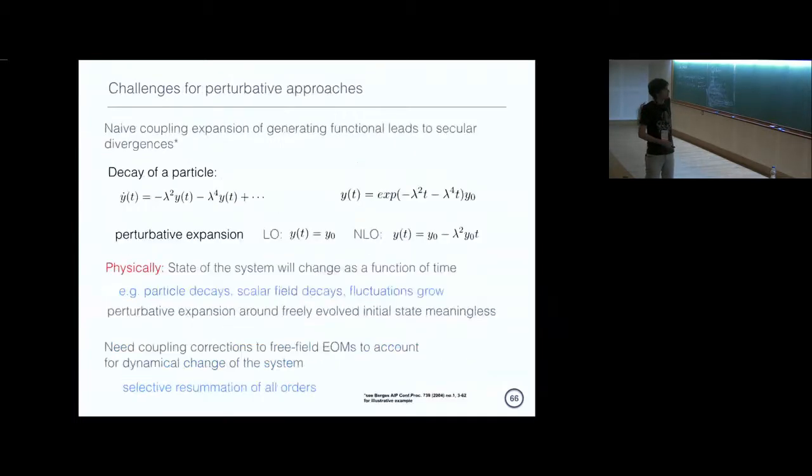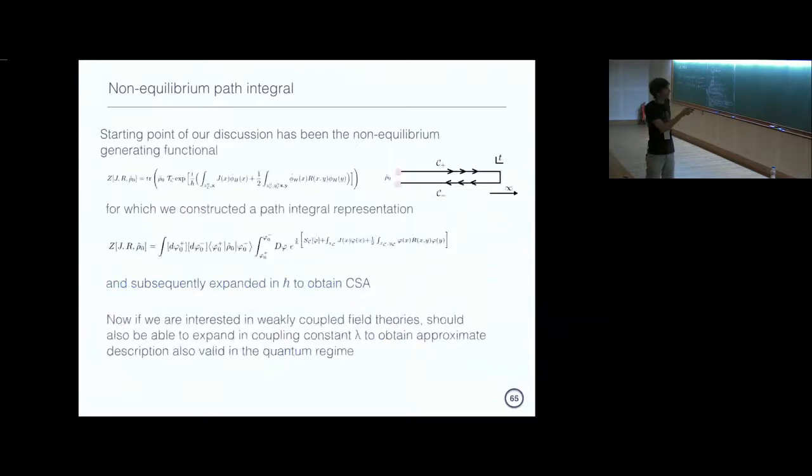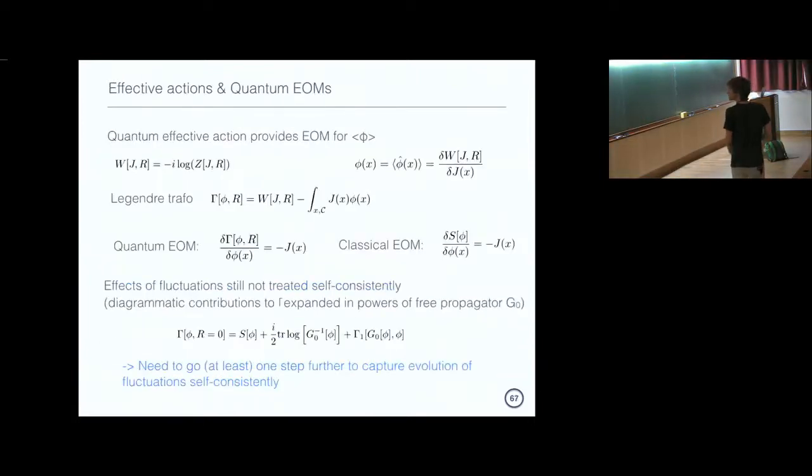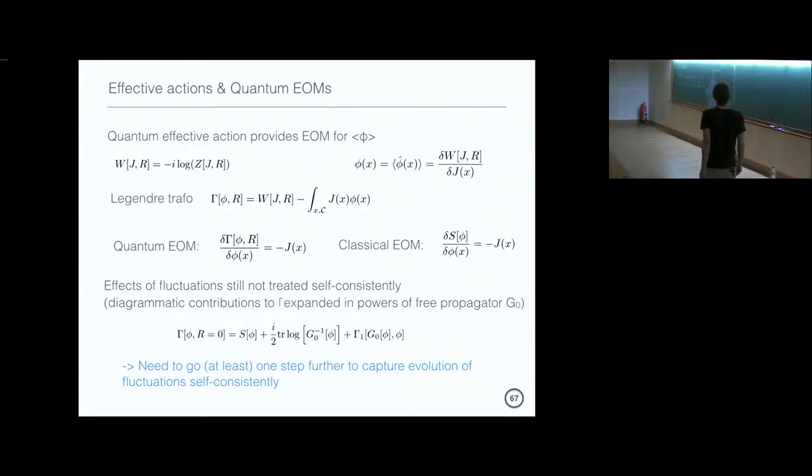Beforehand we had our generating functional here, which is our old friend, right? And so that somehow generates correlation functions. But this just has the standard correlation function. So the first step one does is go to the Schwinger functional, which then generates connected correlation functions. For instance, if I take one functional derivative of the Schwinger functional with respect to the source, that will generate the expectation value of my field.